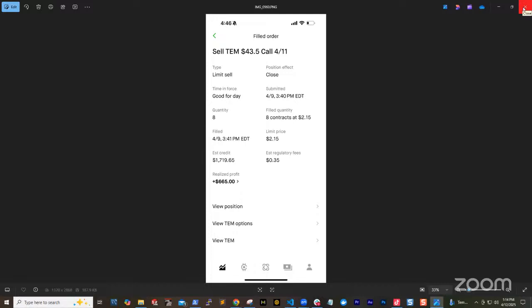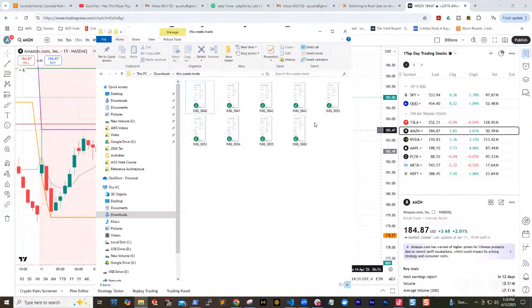So in total, I probably made over 4,000. I think at one point I was making like 6,000 or something, but I still have some trades in there that I left into next week. I have two Amazon trades that I'm leaving till next week. So yeah, that was my options trading for this week.